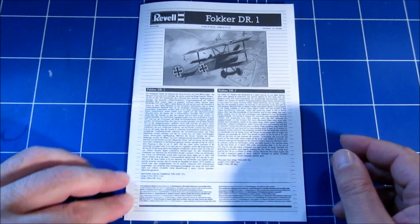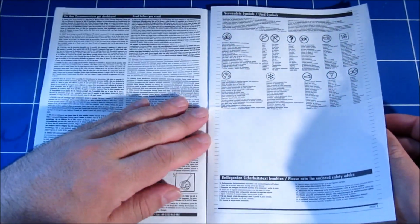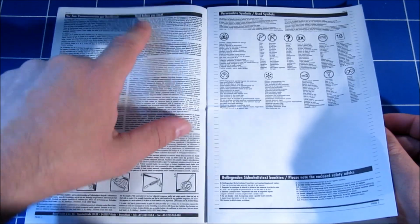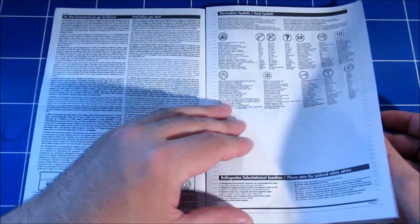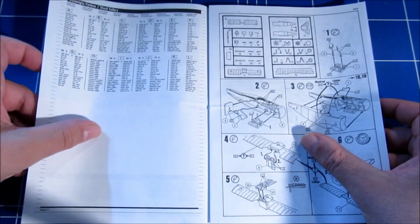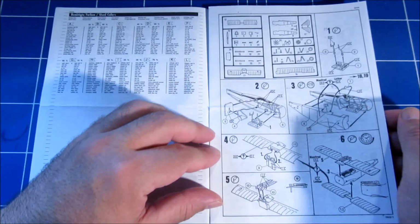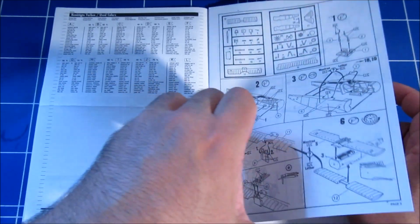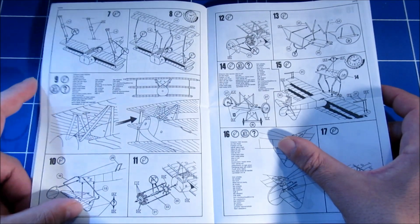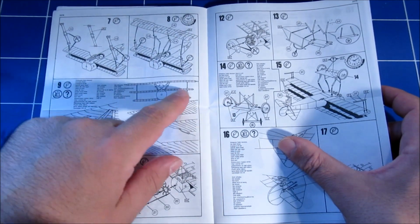Story in German, story in English. Read this before you start. Does anyone ever read this? Do you ever read this? Come on. The colors used, the sprue map, and yeah, building instructions. It's a small kit, and the fun thing is it has very few